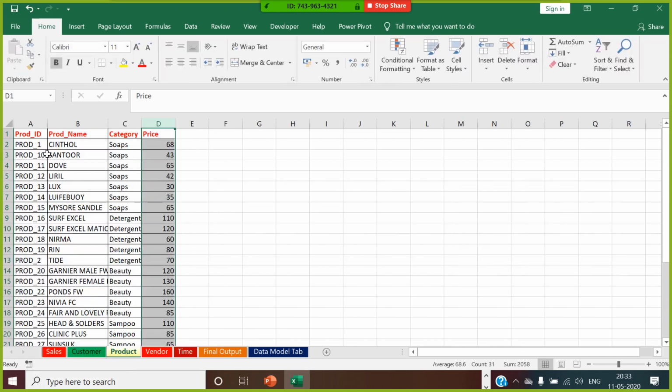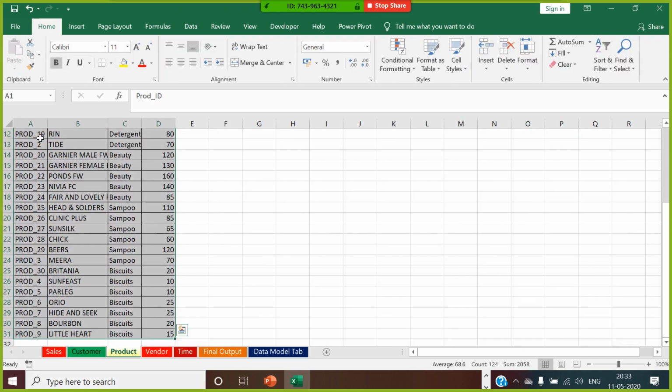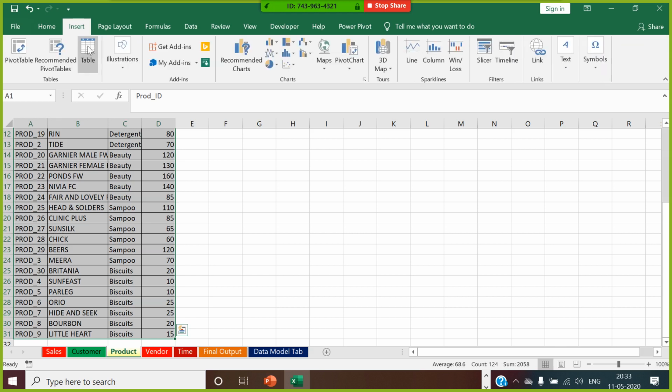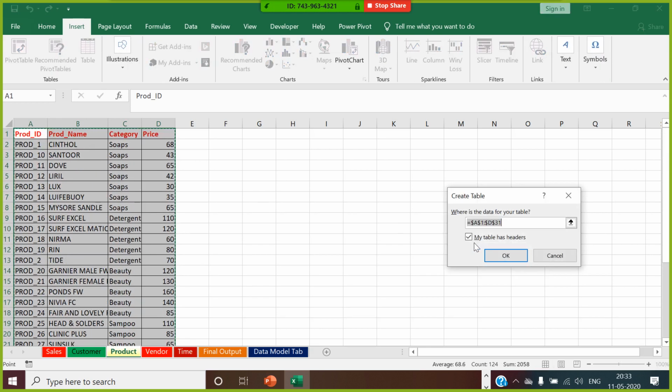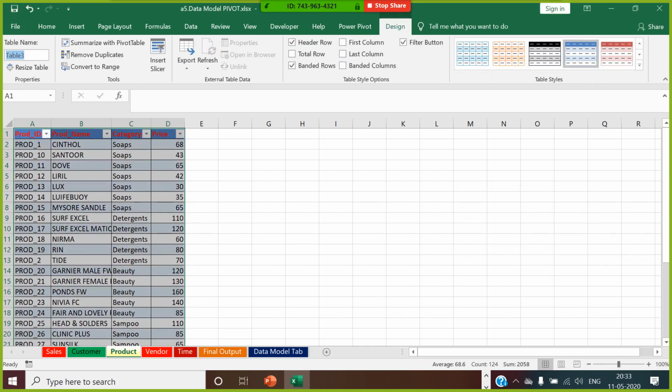Same thing, I go to the product table, select this entire data range, then go to insert, create a table. Always remember you have to tick my table has headers. If you do not tick this, it is not going to take the first line as a header. Then call this table name prod underscore TBL.